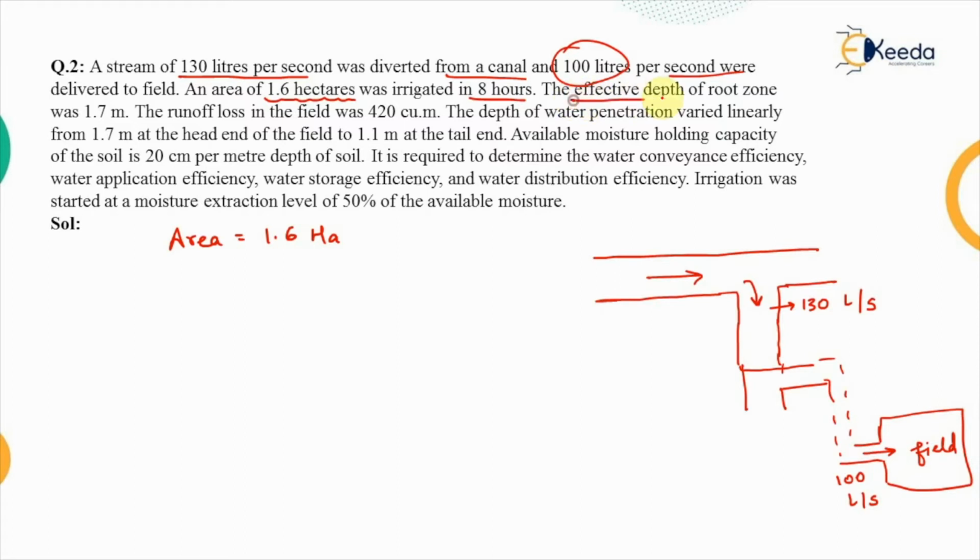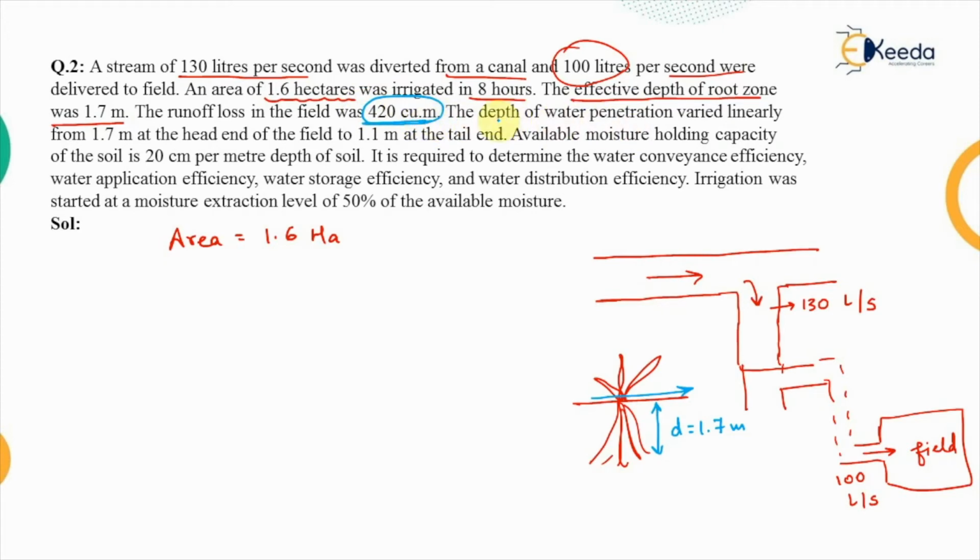The effective depth of the root zone was 1.7 meter. That means if we look at the crop level, this is the root zone of the crop. So the depth up to which the water was stored is 1.7 meter. The runoff loss in the field was 420 cubic meter. That means the water which has been lost because of the surface runoff has a volume of 420 cubic